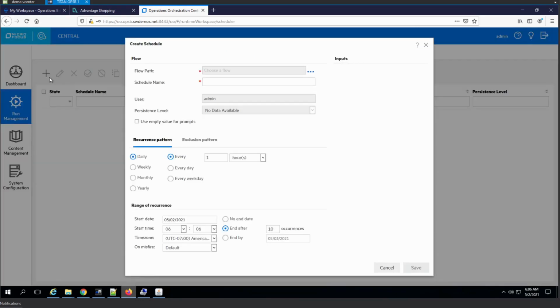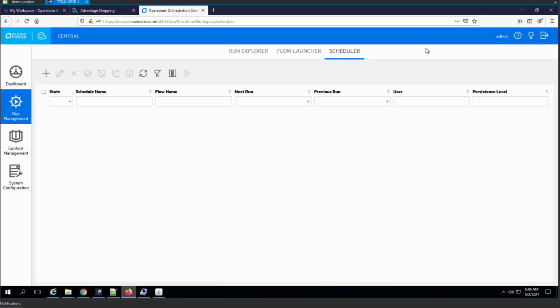And before I configure the flow, let's recap. We created a flow that runs three separate commands. One of them is the one that we're going to use today, but two of them are placeholders with a sleep of 5 seconds. And we exported the package and imported it into OO. The point is that we want to create a schedule to reboot our Windows hosts. So that's what I'm going to do. I'm going to create a scheduled run